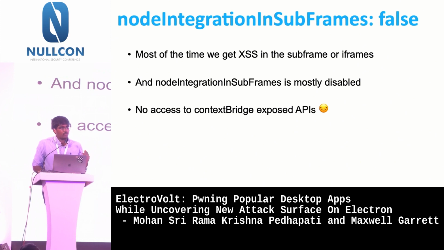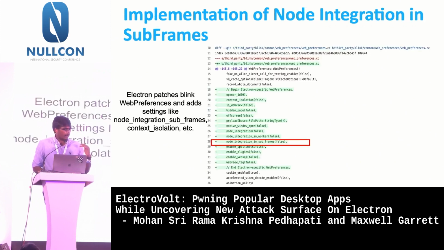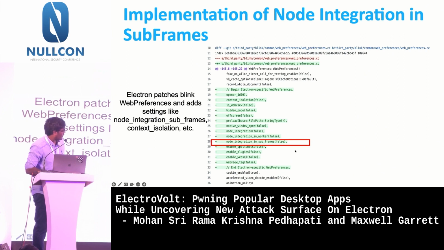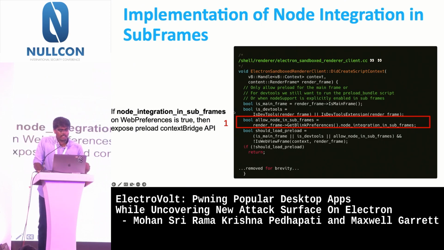So how Electron implemented this setting is, they patched the Chrome Blink web preferences, and they added these settings. As you can see, they added nodeIntegrationInSubFrames. By default, it's set to false in the Blink web preferences object. They also added node integration in workers, the webview tag, preload scripts and all that. And the check is done in electron_sandboxed_renderer_client.cc, where they are fetching the web preferences and checking if node integration is enabled or